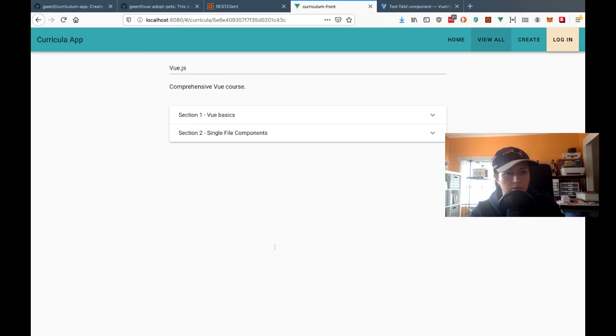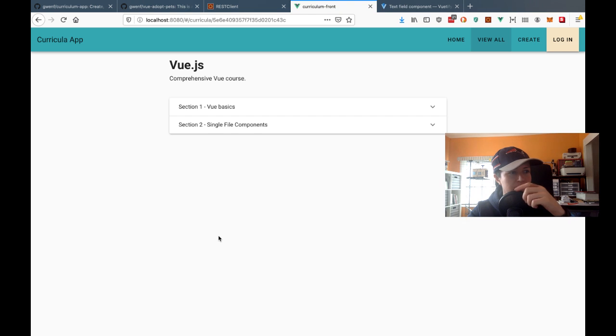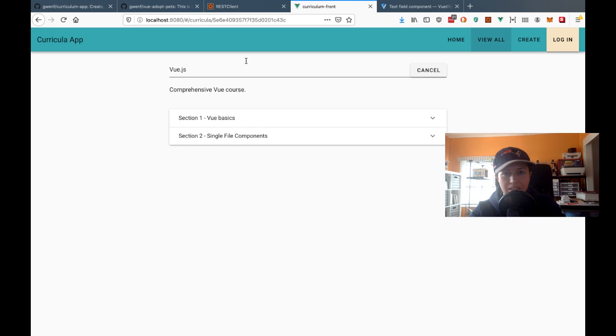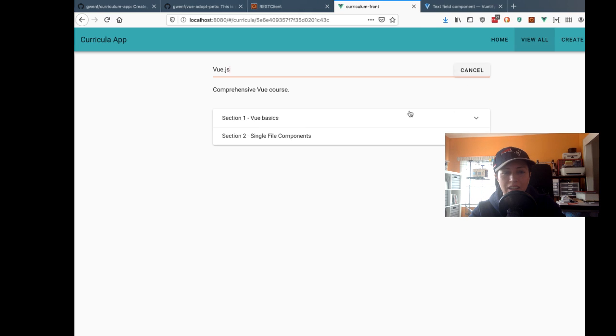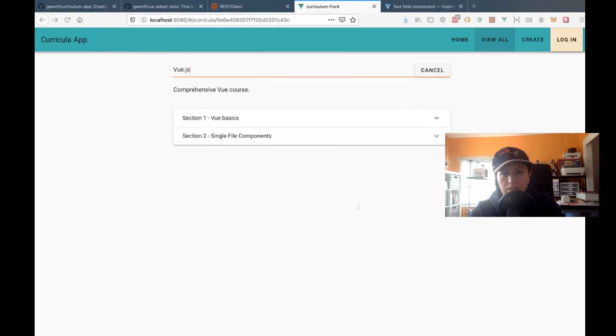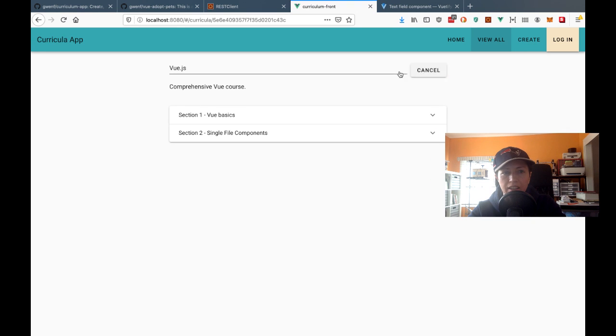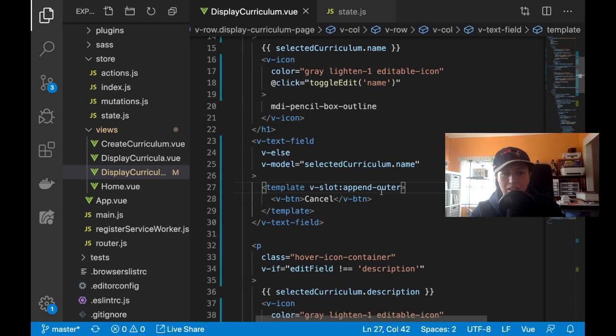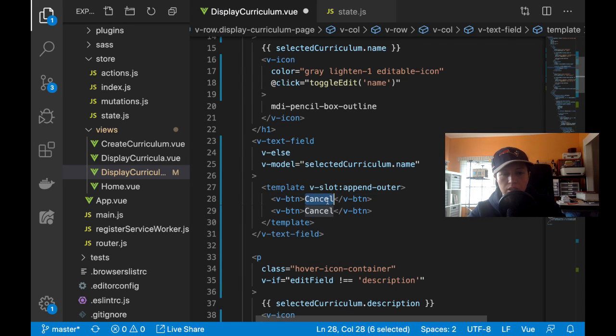Okay, let me try refreshing it. Yay, I have a cancel button now. Sweet. It's kind of ugly. I think there was an append outer slot. Yeah, I think that's better. It looks weird with the line over it. Okay, and then I'll have a save button too. So save